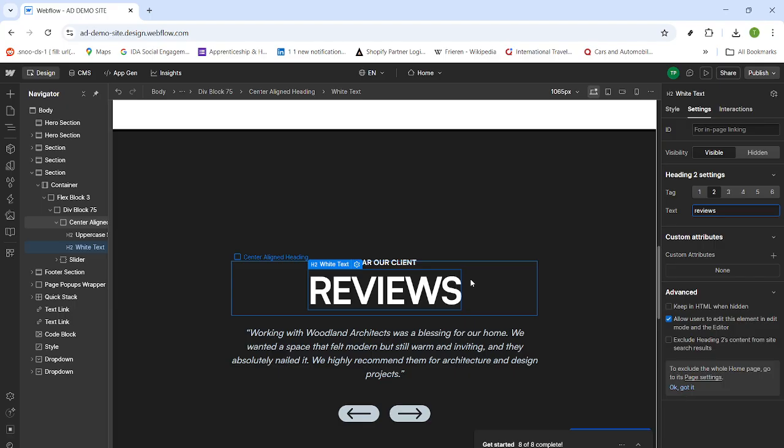Open your project, select the text, reveal all settings, choose the right heading level, type your new content, and confirm the Heading 2 styling. You've just edited text in Webflow with